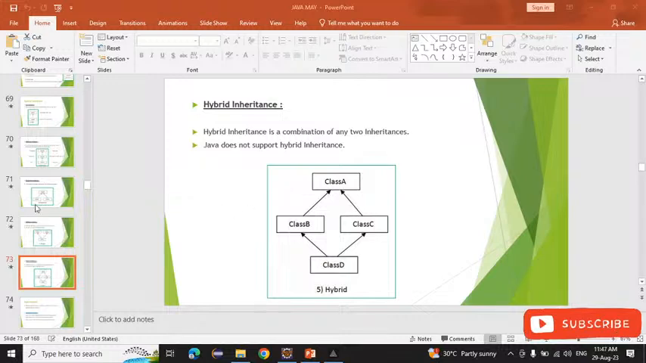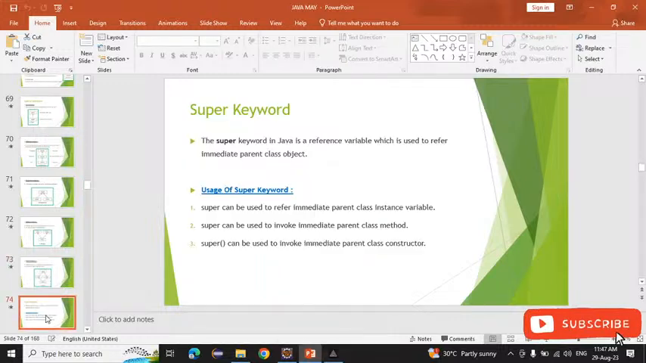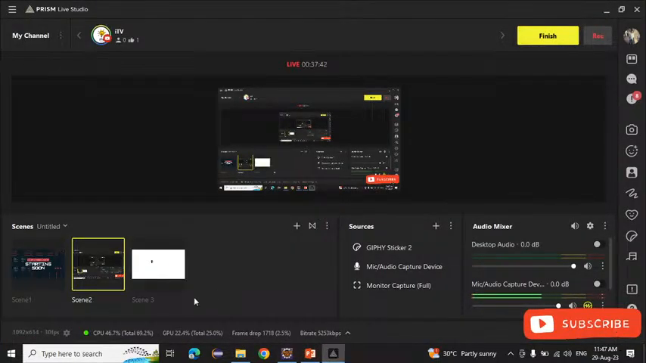Okay. Today's assignment is that you have to create a program on all three types of inheritance, and send it on the group. Okay. So that's it for today. We will see tomorrow the super keyword. What is meant by the super keyword? Okay. So that's it for